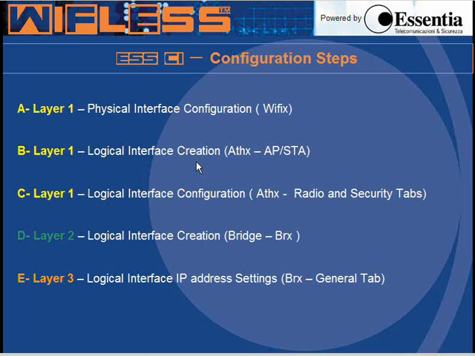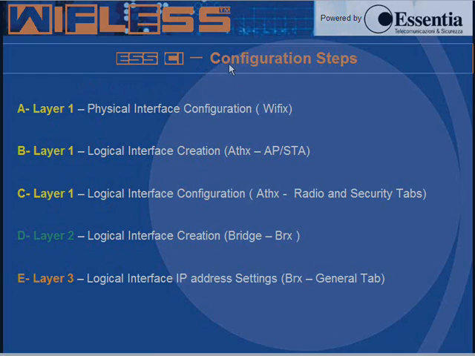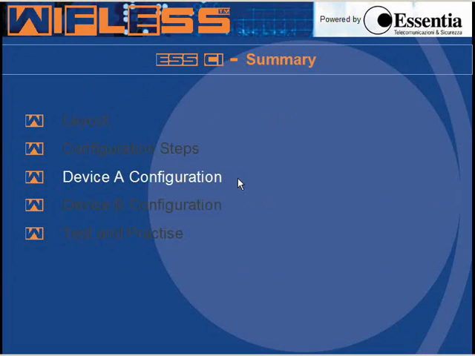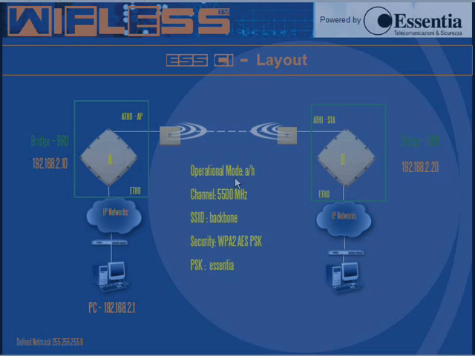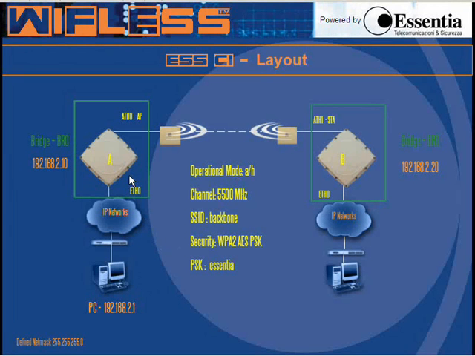Now we will redo this configuration step for each device. We will start with device A configuration. We want to configure device A as reported in this layout. So first of all, we try to access device A, which we assume is reset to factory default,